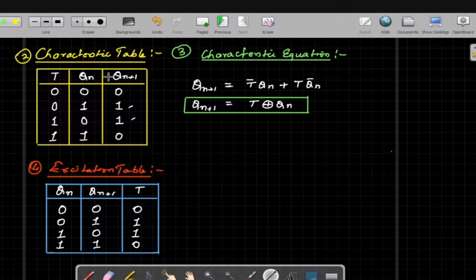यानी कि यहाँ हम प्रेजेंट स्टेट की बात कर रहे हैं, जबकि एक्साइटेशन टेबल में हमको इनपुट क्या लगाना है? कब? जब हम चाहते हैं कि हमारा पास्ट आउटपुट चेंज हो, यानी पास्ट से प्रेजेंट में जाने के लिए पास्ट में अगर 0 पड़ा हुआ है, 1 पड़ा हुआ है, उससे हम उसको चेंज करना चाहते हैं प्रेजेंट में, तो उसमें इनपुट क्या लगा सकते हैं, हम उस चीज की बात यहाँ पर करते हैं। तो आउटपुट विद रिस्पेक्ट टू इनपुट एंड प्रीवियस आउटपुट इज कैरेक्टरिस्टिक टेबल, एंड आउटपुट ट्रांजिशंस from previous output to present, which input will decide to do that, this will be studied by the excitation table.